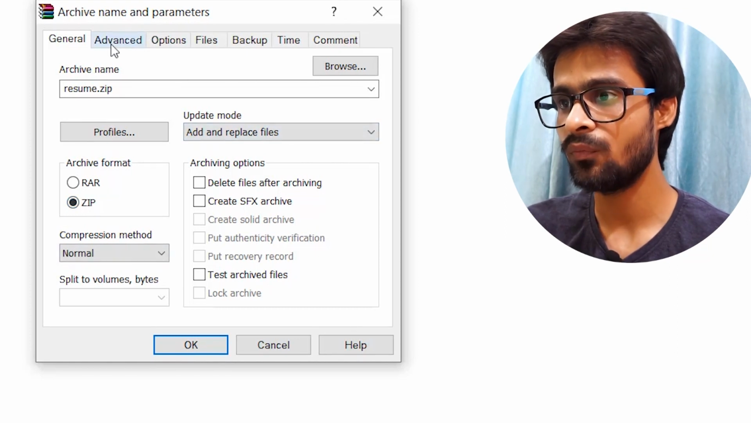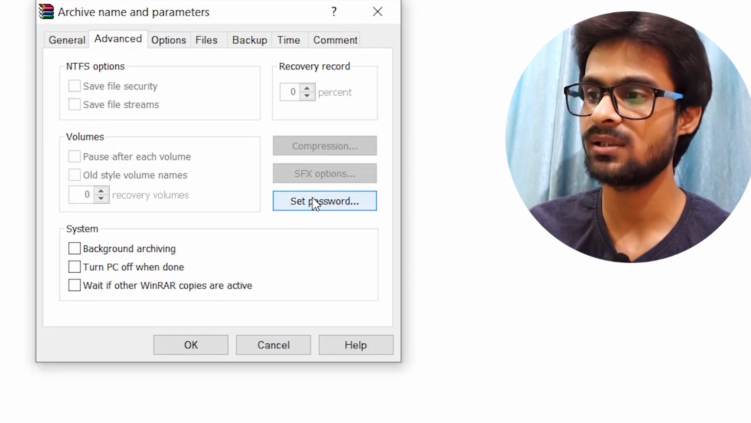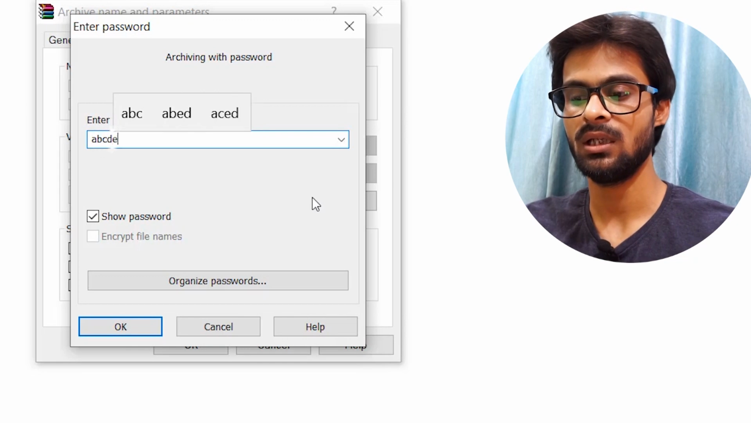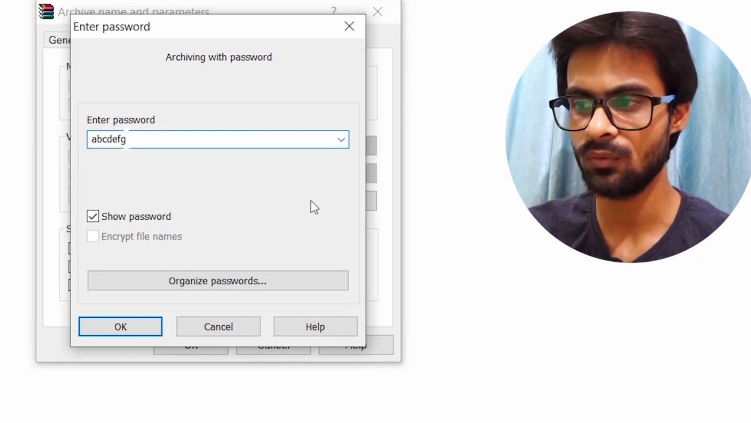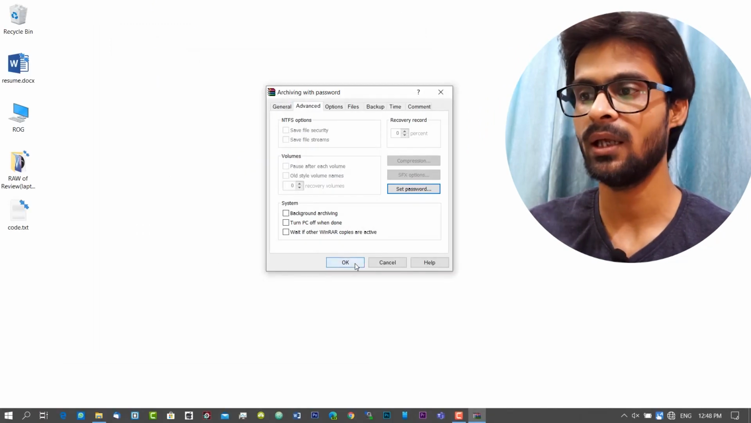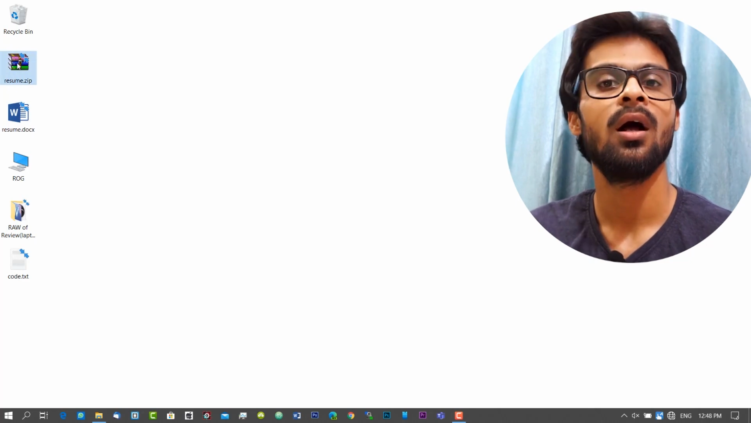So if we go to advanced, there will be an option like set password. Again, A, B, C, D, E, F, G, any random password that I want to set, and hit OK, and then final OK. As you can see, there is a zip file